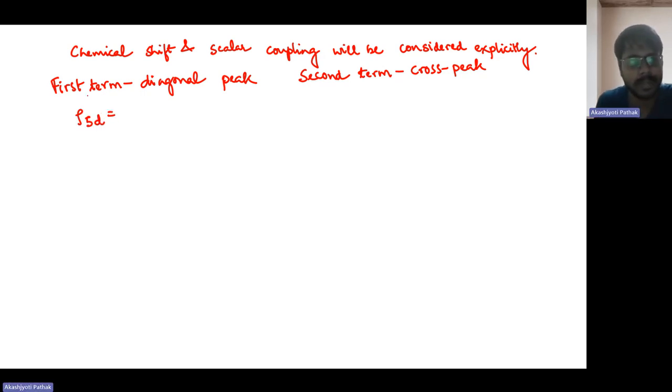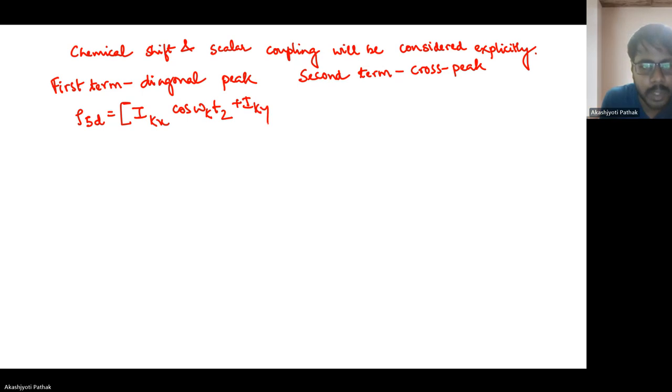If we write the density operator for the diagonal peak, the evolution of this first term can be written in this form: I_KX cos omega_K t2 plus I_KY sin omega_K t2,